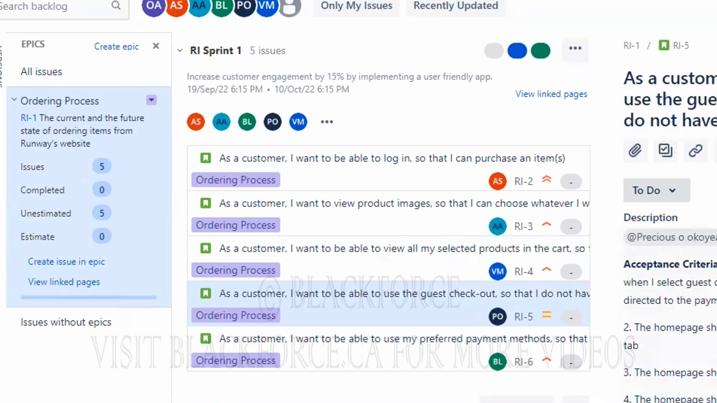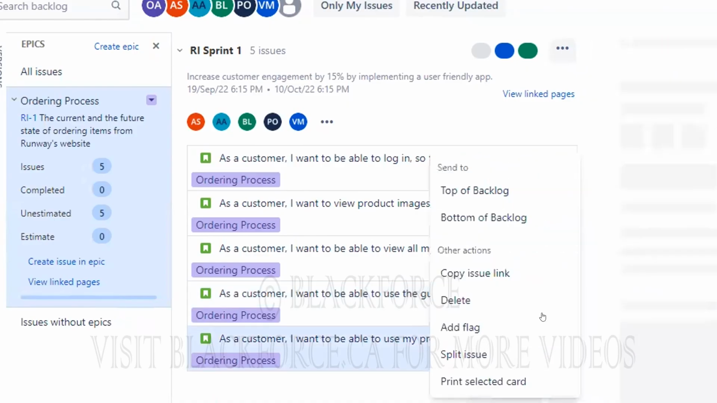Given that I am a new customer, when I select the guest checkout option, then I can be directed to the payment session. The homepage should contain a proceed to checkout tab. It should have a guest checkout option. The homepage should have a billing address information page. And lastly, we have